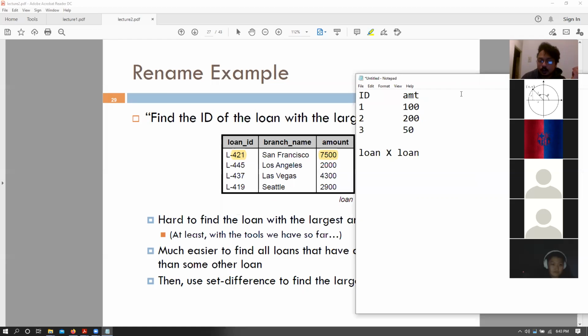So what is the result of this operation? Can someone type out in the chat window? What will be the result of this particular cross product or Cartesian product? Let's call this as the loan. Was that a trick question because you can't cross something with itself? Because you didn't rename